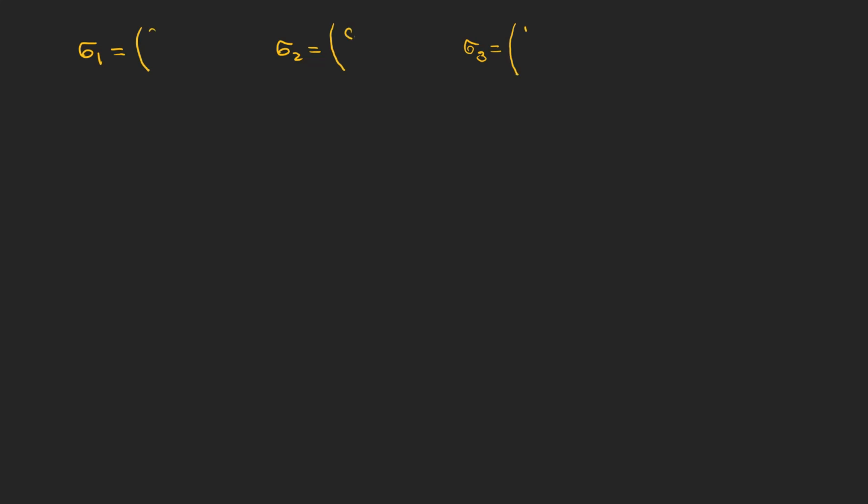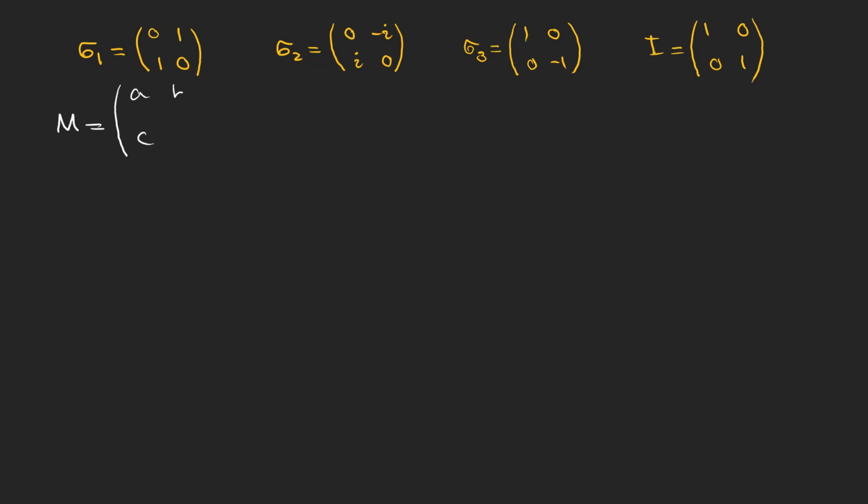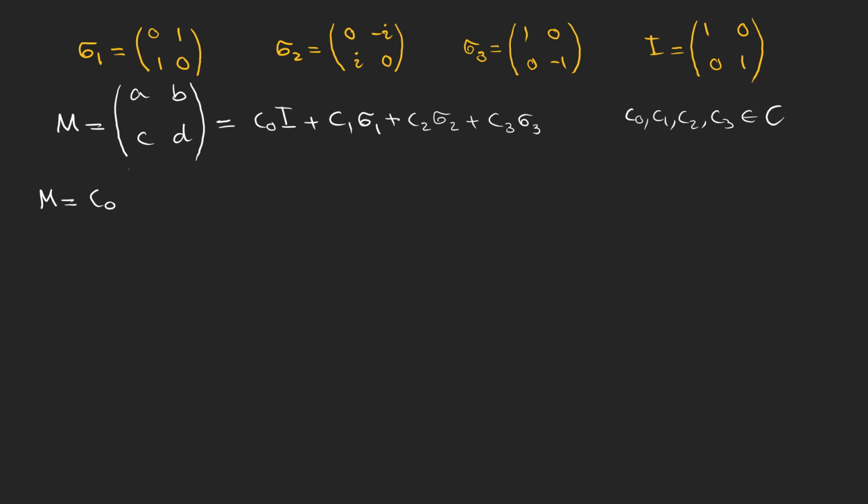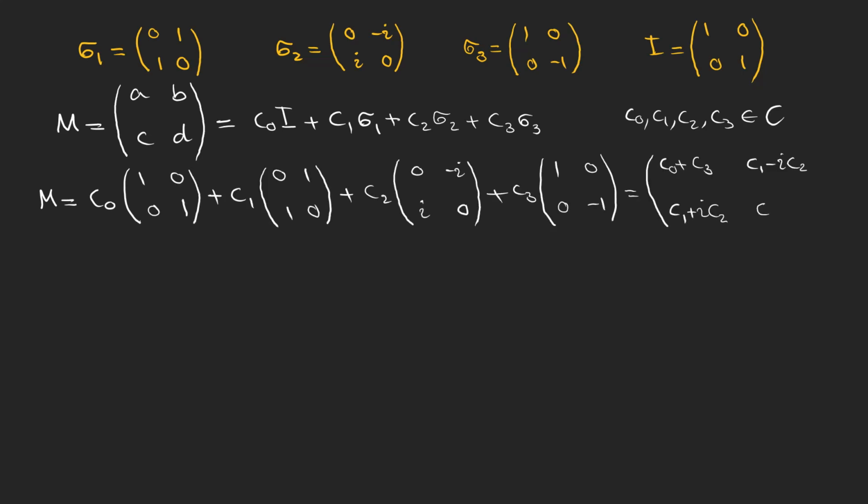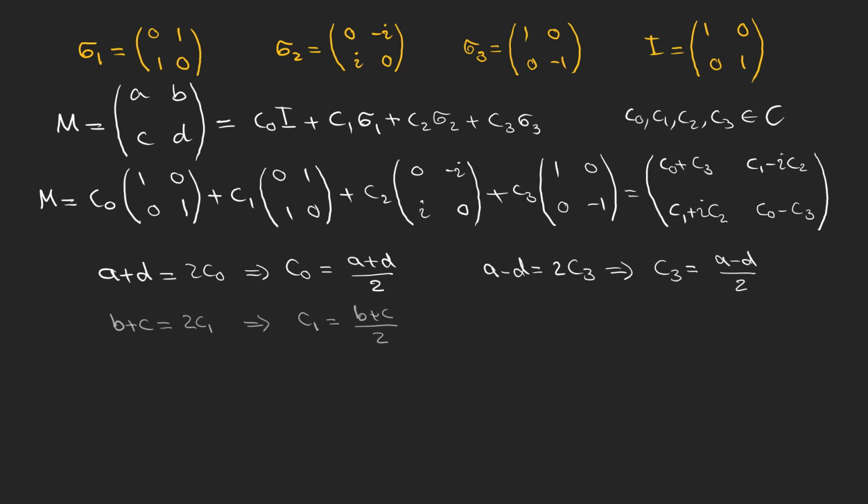There's something cool about these matrices. When we also include the identity matrix, we can express any 2 by 2 complex matrix as a linear combination of these four matrices. The coefficients are complex numbers, and to find the coefficients, we can expand the matrix using our matrices and their linear combination, which transfers it into a 2 by 2 matrix. Now we can easily compare it with the first matrix and find the coefficients.